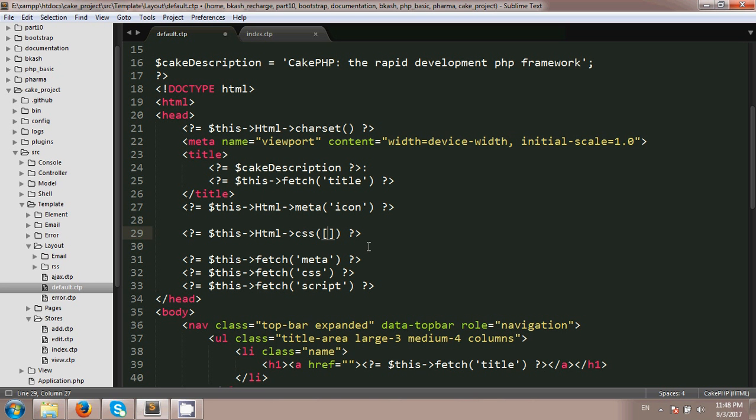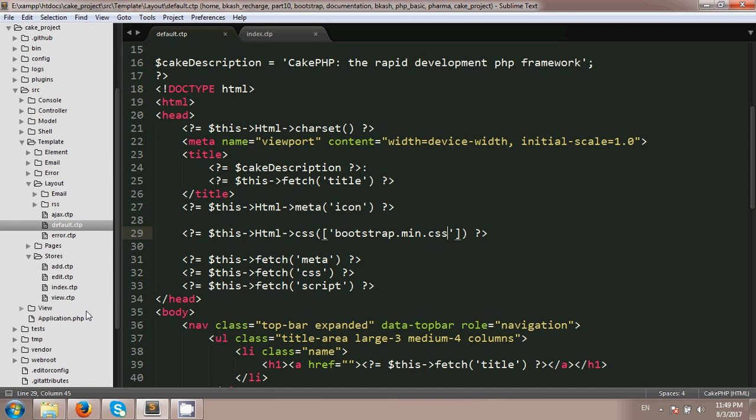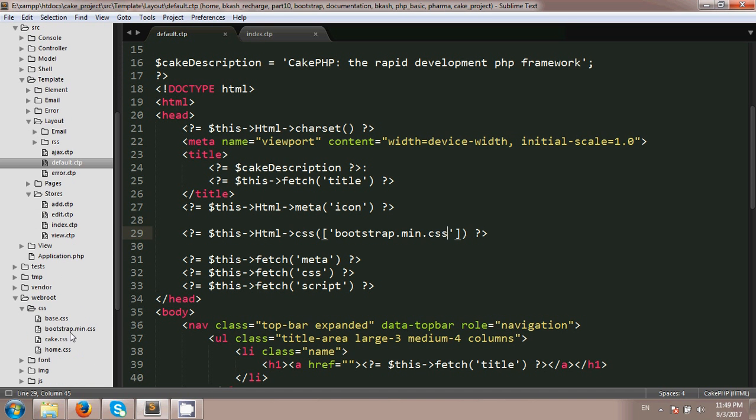You don't need to use multiple lines. So here I'm going to use bootstrap.min.css. So this is the file name. Let me ensure the file spelling,